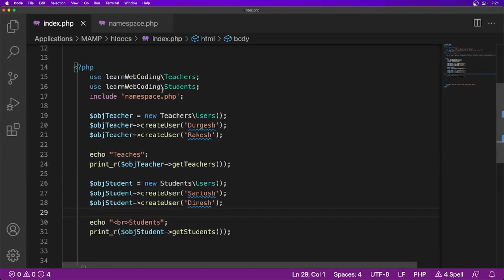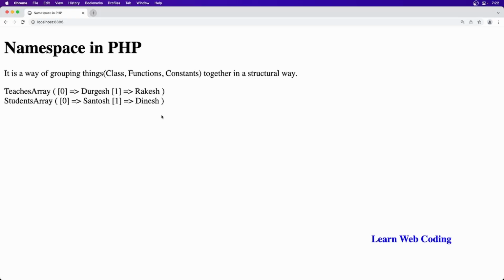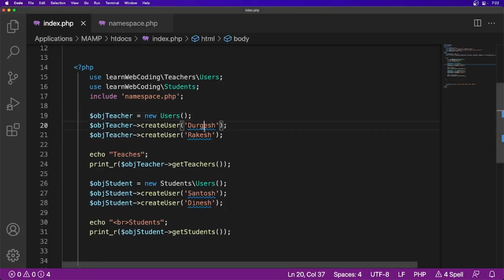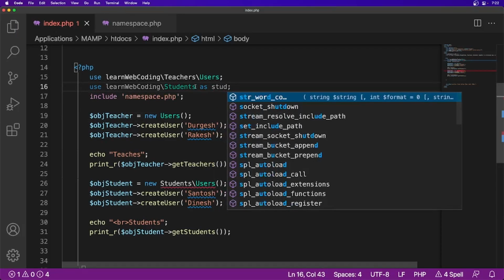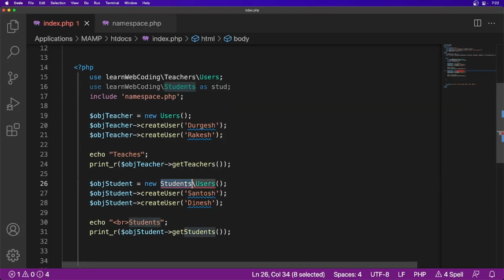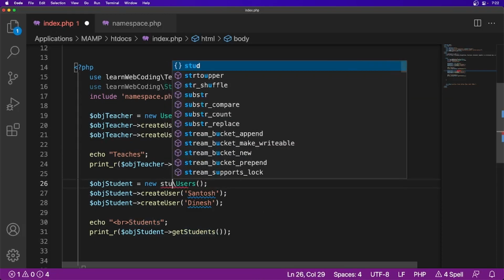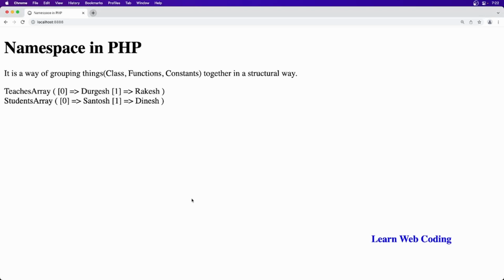So basically what I wanted to show you guys is how you can create namespaces with real-time examples. There are some more ways also to call these methods. So you can also here go and say users, and in this case no need to use teachers here also, and you can simply remove it, and this should also work. Also you can create aliases. So here you can say stud. Okay, so instead of calling all these things students, you can simply say stud, and this will also work